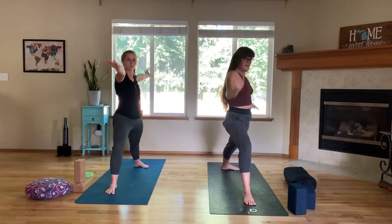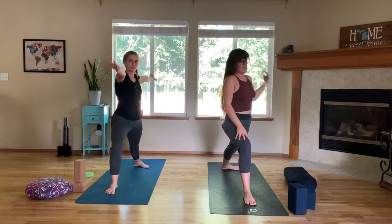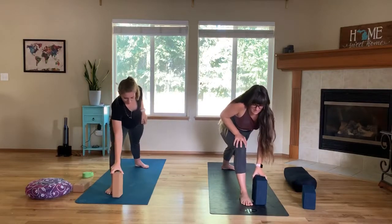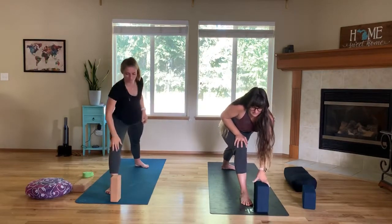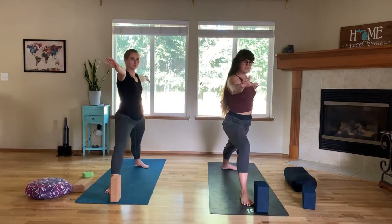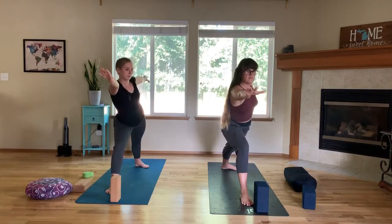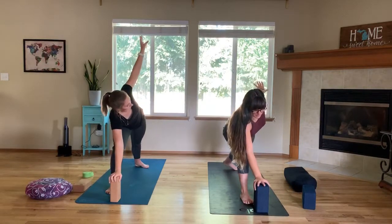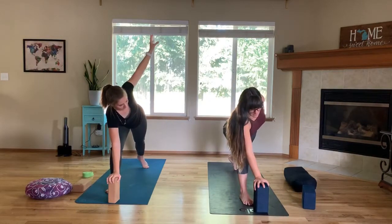Perfect. From here, bend a ton into that right leg, and if you have a block nearby, set it on the inside of your right foot, but then slightly in front of your toes. Perfect. So from here, all we're gonna do is start to shift the arms forward. Maybe bring your hand down to that block and then press into your right heel as you fire up the